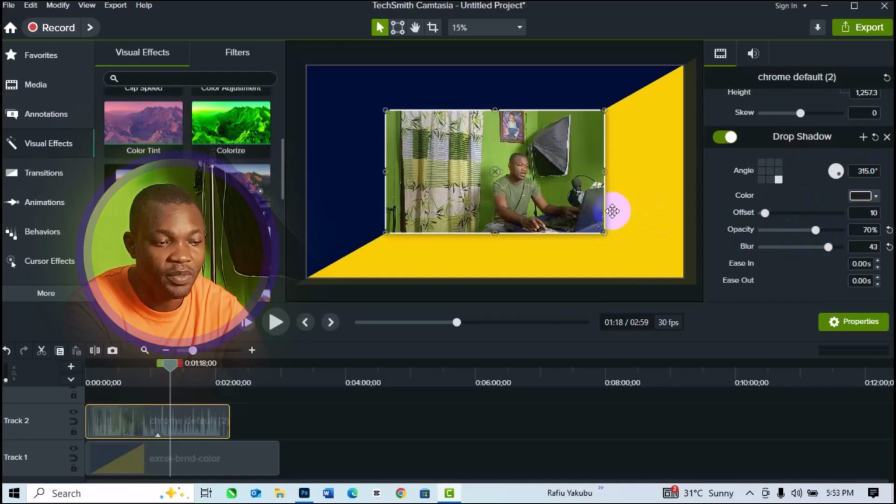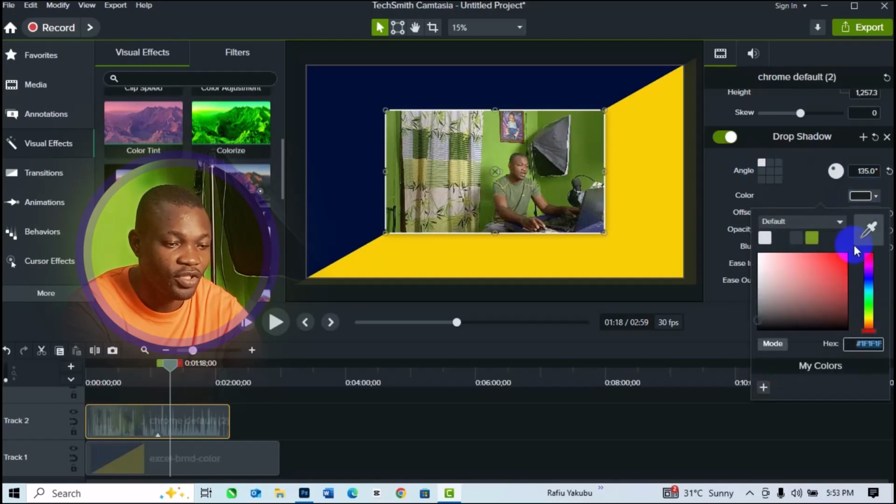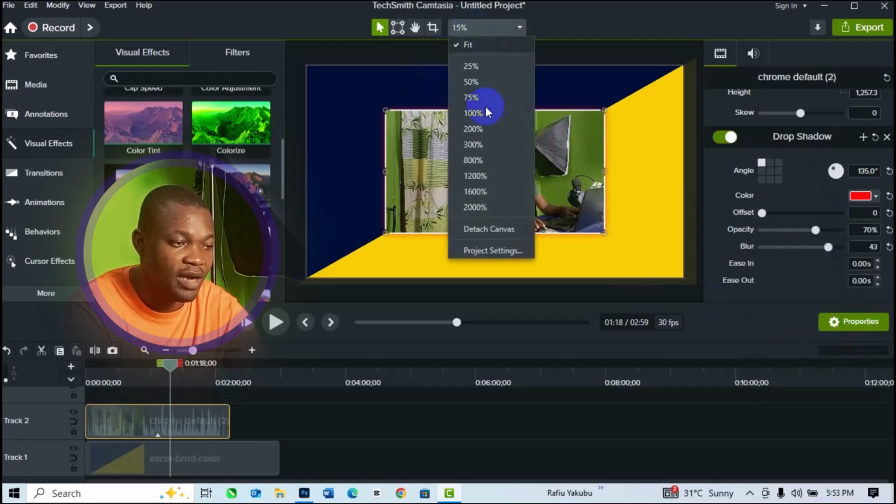You can change the position of the shadow with the angle right here. So you can make it to the center angle. You can make it to the side top angle. You can also change the color of the shadow. Click on here and then choose whatever color of your choice right here. So if I decide to zoom out, you see that this particular shadow here has been added to the